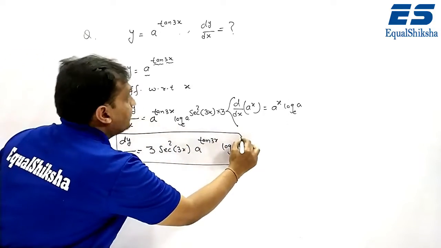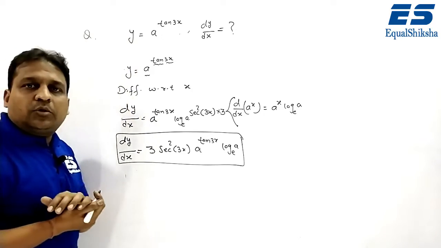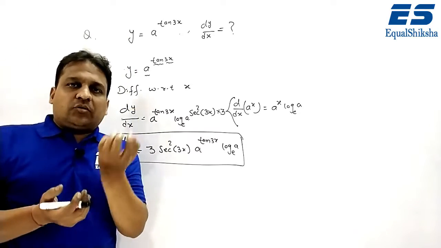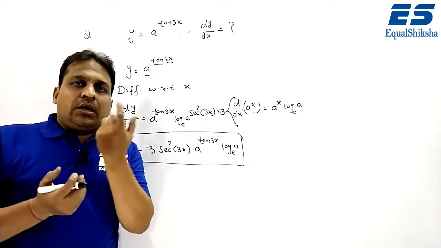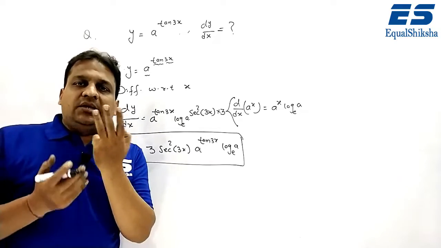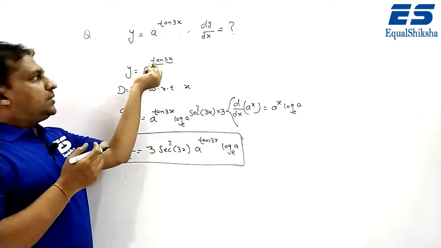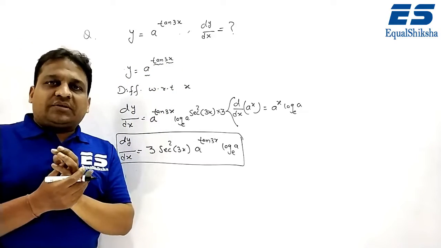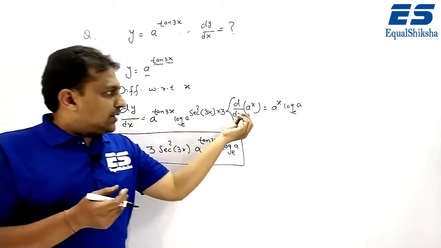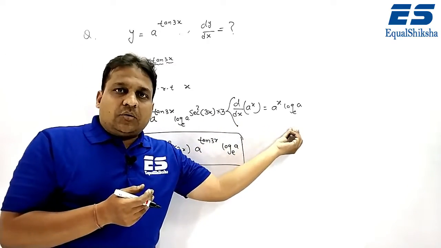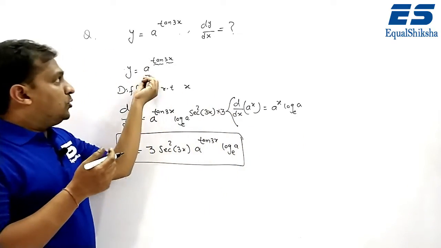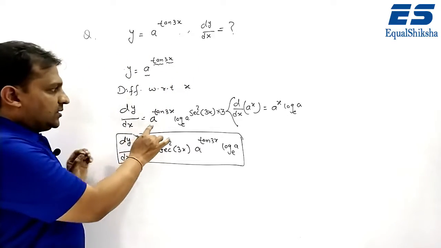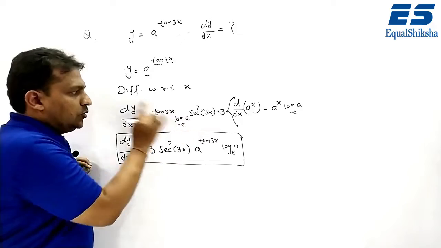So students, look carefully here, the question given was a to the power tan 3x. So this is an example of function of function. In function of function, what do you first have to count? The number of functions. So there are three functions. First is a, second is tan and the third is 3x. So first we differentiate a to the power x, and that is a to the power x log a. When we differentiate a to the power tan 3x, we consider the whole tan 3x as an x. So a to the power tan 3x into log a.